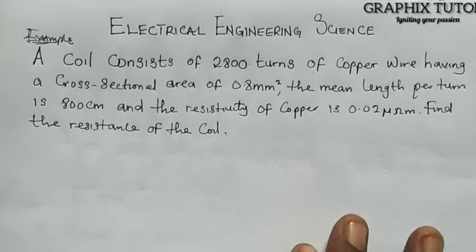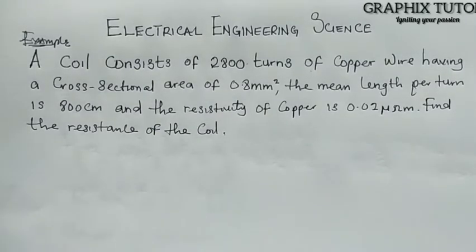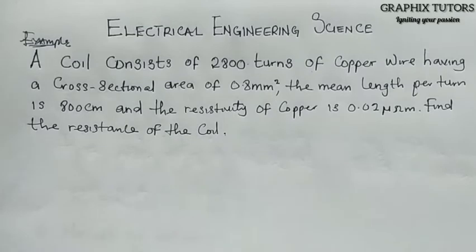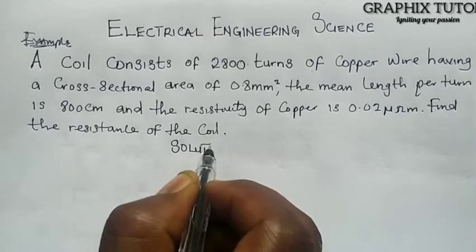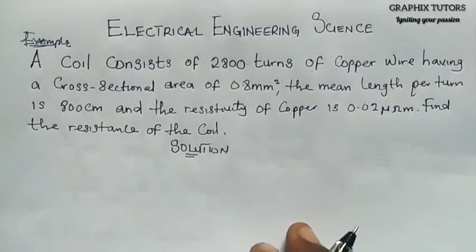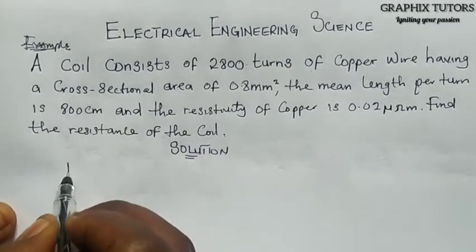Now let's take this example and see how it goes. Example 1. It says a coil consists of 2,800 turns of copper wire having a cross-sectional area of 0.8 millimeters square. The mean length per turn is 800 centimeter, and the resistivity of copper is 0.02 micro-ohm meter. Find the resistance of the coil. Now the solution here. Before you proceed in solving any question in any calculating course, you need to write the parameters of the data given. So the data given here